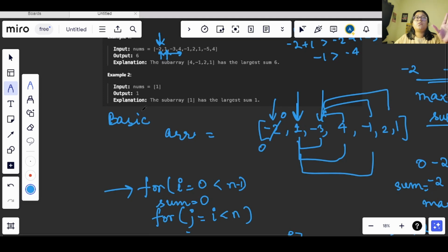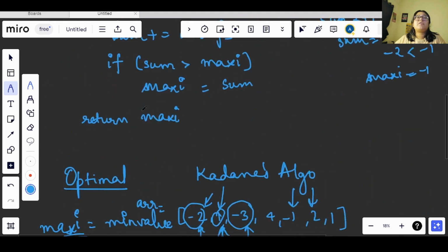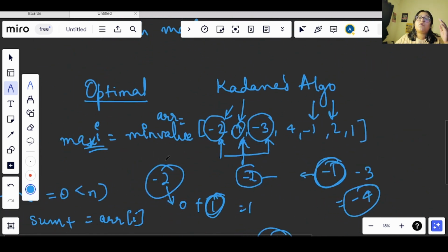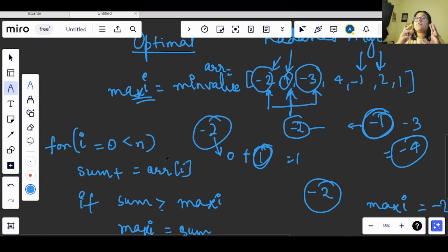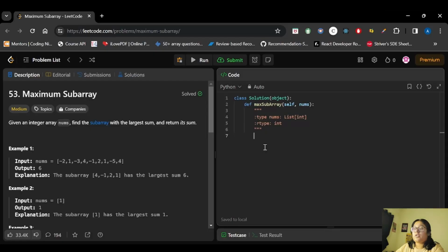You can try to run the basic approach also, as I said, okay, it will work in a similar way. Now as we saw in the optimal approach, we reduce the O of n square time complexity to O of n, okay. So this is how we will be solving this problem. We will run this code on the code editor. Now the thing is, this is a very important algorithm, okay. So try to get a good grasp on this question and try to do more dry runs, so you can get a clearer idea about how questions like this work, okay. So now let's move on to the code editor. So let's see the code now, okay.